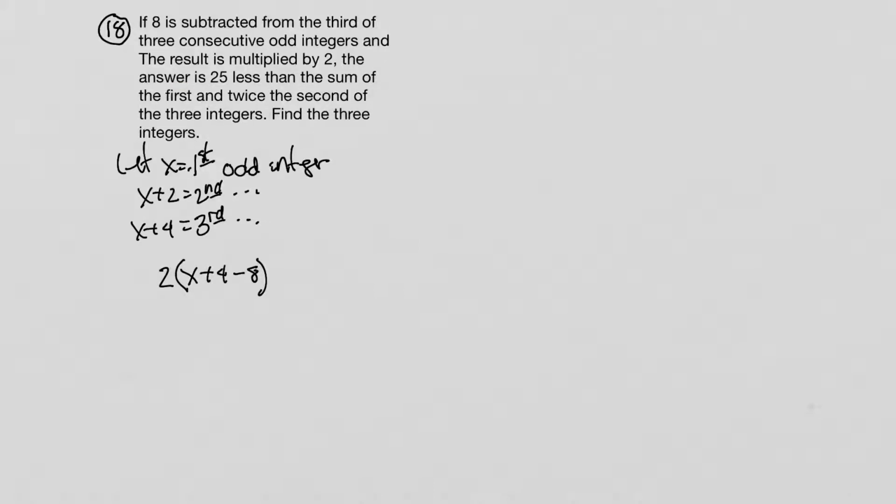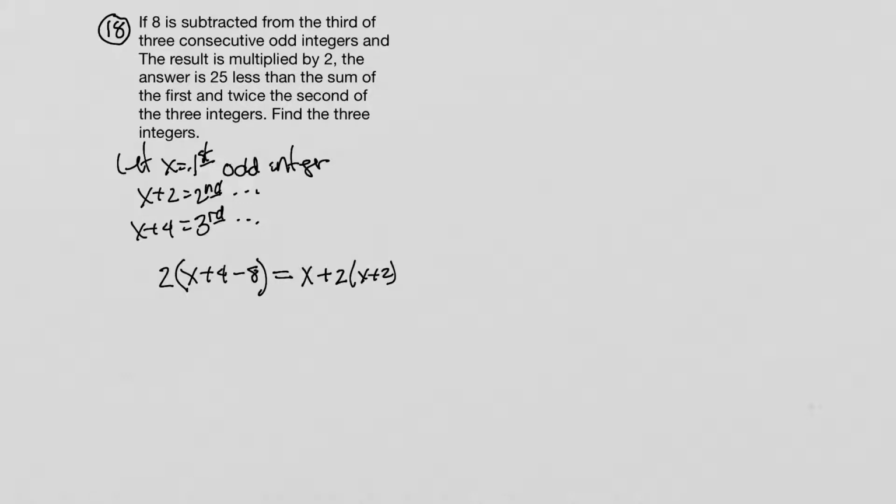And then what does it say? The answer is 25 less than. Okay, here's that less than business. So we know that if it's more than, less than, or from, what follows that phrase is where we start. And so less than, here's where we start. The sum, so I'm going to add 2 things, of the first integer, x, and twice the second. Okay, a lot of words, but just do it phrase by phrase. 25 less than, I'm going to subtract 25 from something. From what? The sum of the first, so here's the first, and twice the second, x